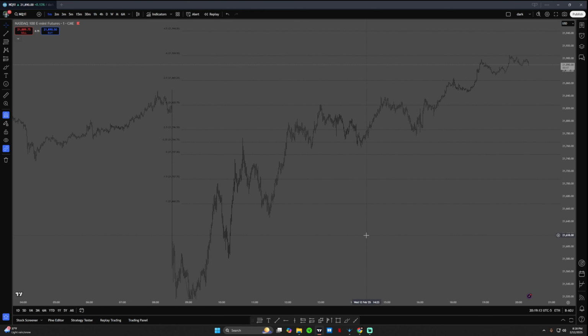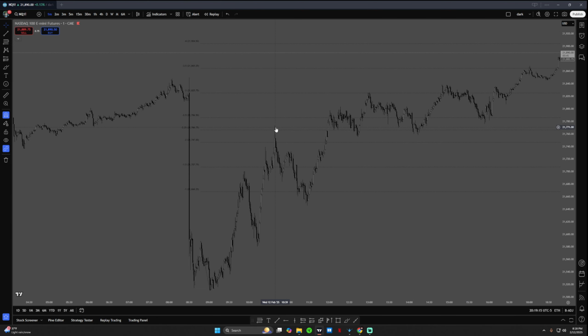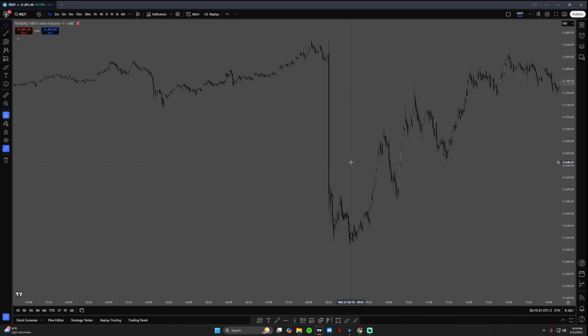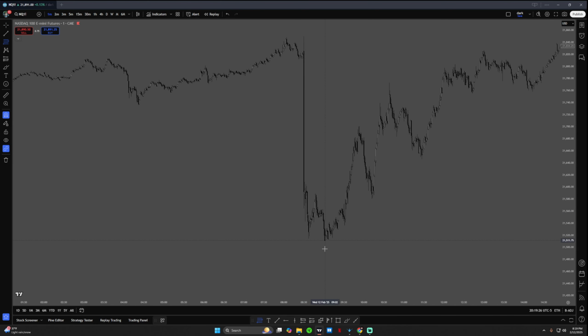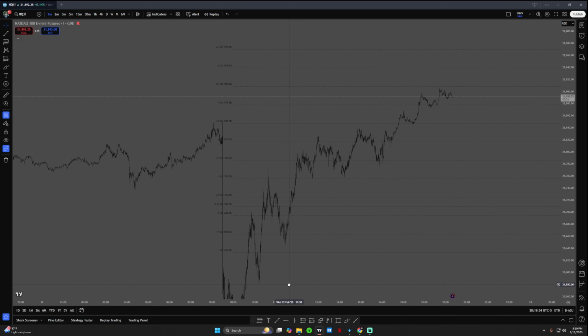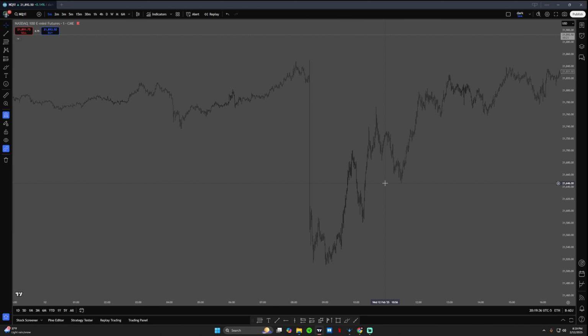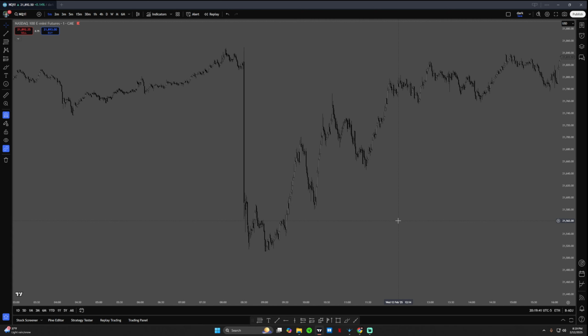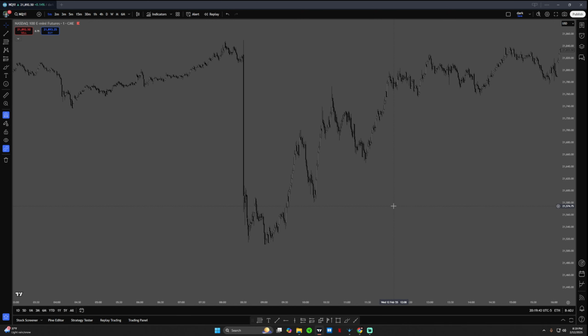Like as you can see here, you get this high and this high, but then you gotta think about this high and this high and this high and all this stuff. All I have to say is I just don't believe in standard deviation. I don't think it works. I don't think you can be profitable using it. I don't see how it could work. I would need someone to show me them making money using standard deviation. I just don't believe it works. That's pretty much it.